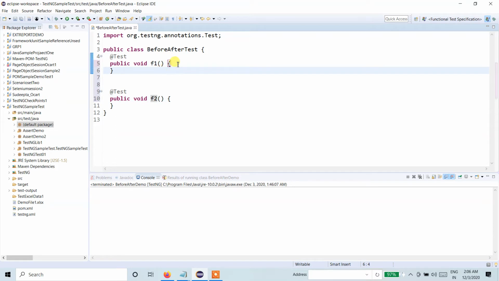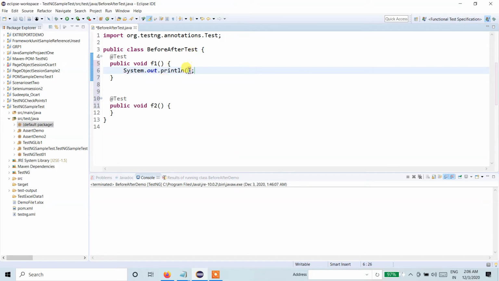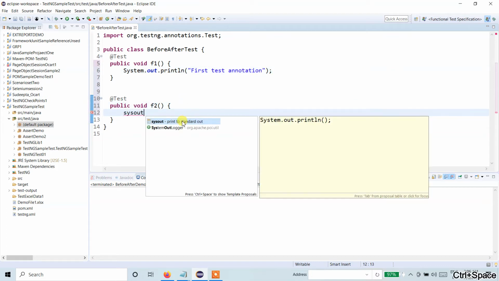Let me just use some dummy code. This is the first test annotation, and this is the second test annotation.